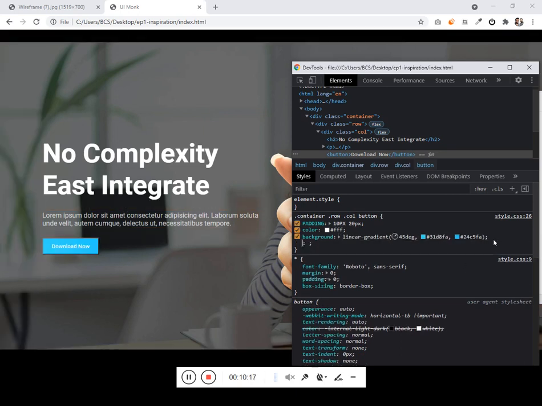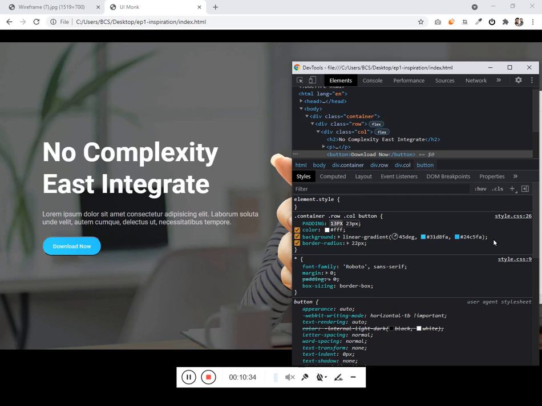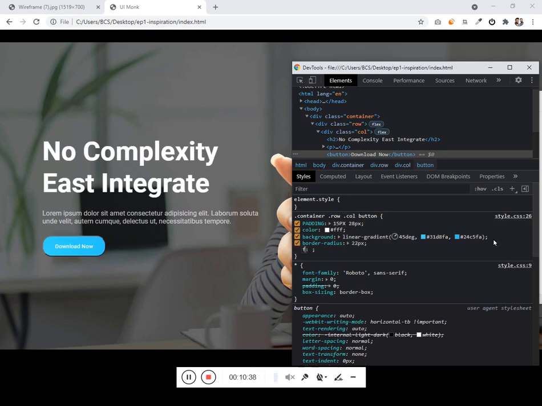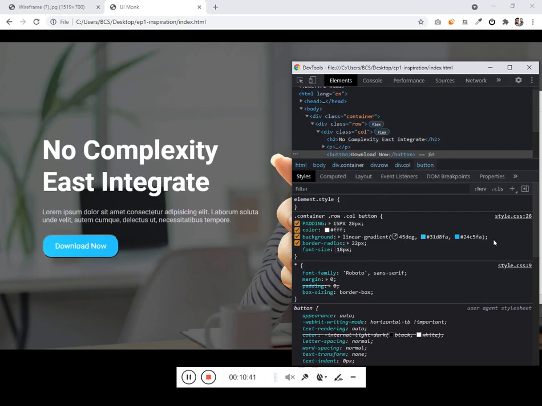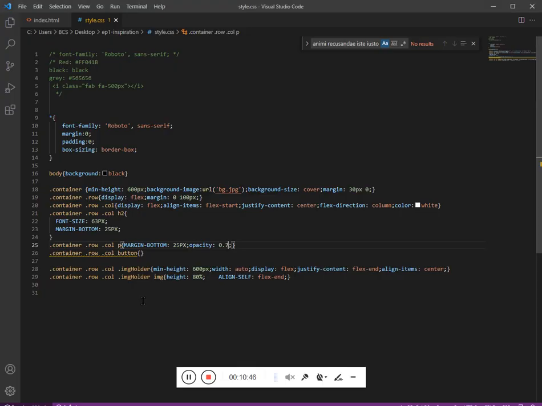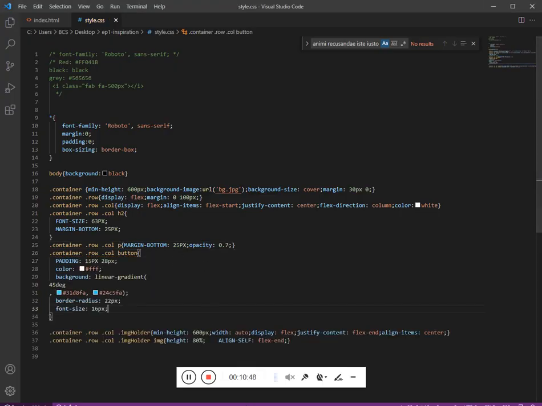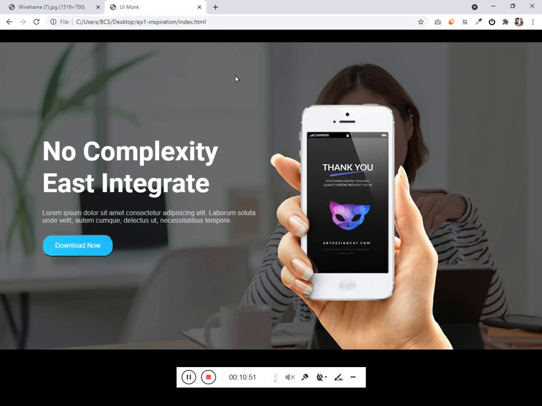Cool. Border radius 50%, actually 20 pixel, and for top bottom left right, and to add the font size. Cool, copy all and paste this for the button, and almost there. You see,